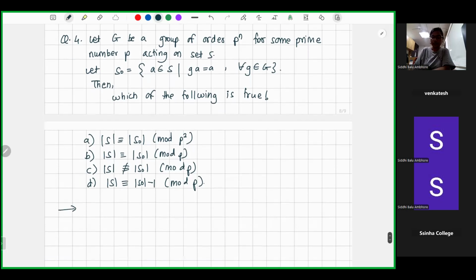So we are asked something related to modulo p. And this gA is equal to A. This looks like